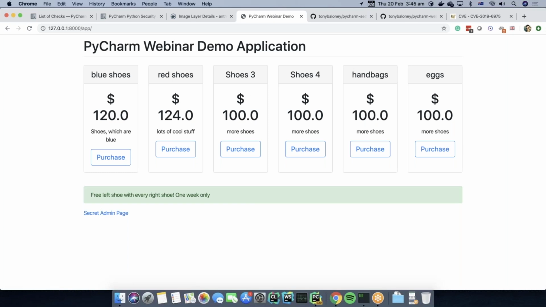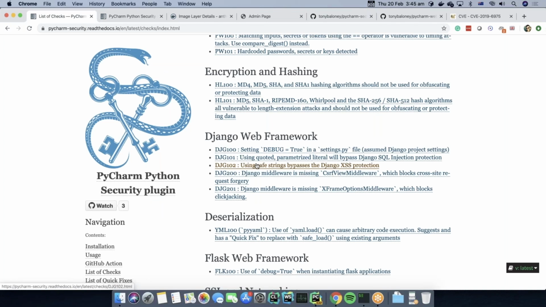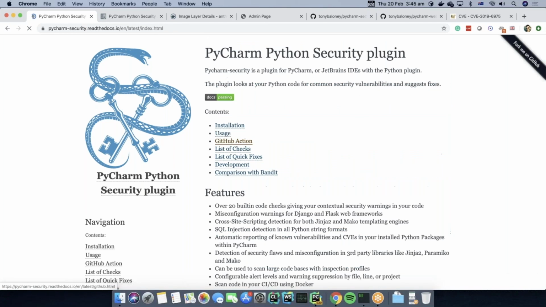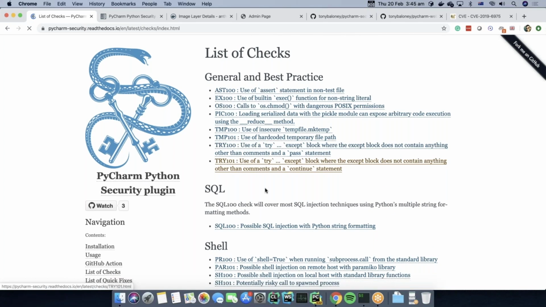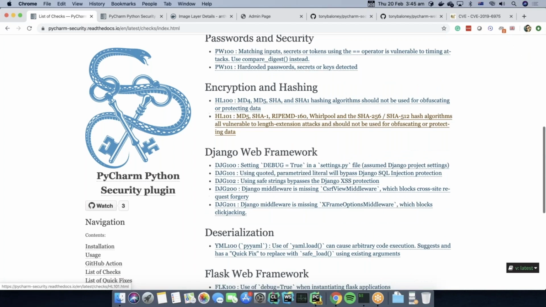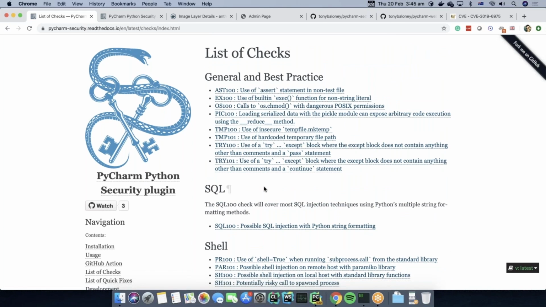And now the page looks weird. Like I said, I wrote it last night. So what could go wrong here? And the answer is in the documentation. The documentation for the plugin has a list of checks. And if you go and look at the YAML one,